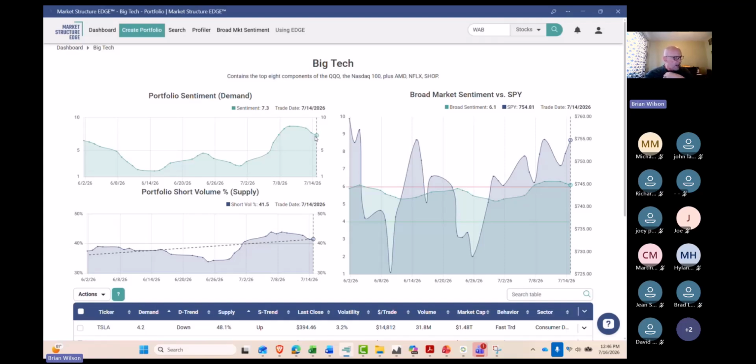So as we think about where we're at right now, and once again, we're in the first day of options expirations, we just kind of think through that. It's like, okay, well, big tech is just starting to roll over a little bit, but it still remains strong. And we actually see short volume that's moving a little bit lower right now. So yes, rolling over, but certainly still a very strong read.